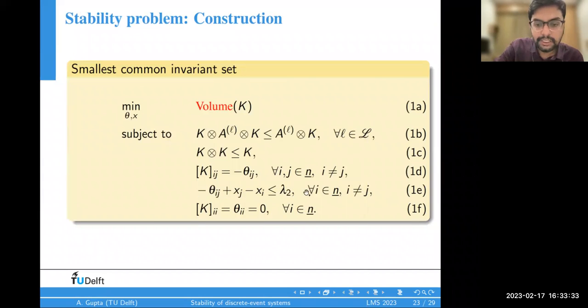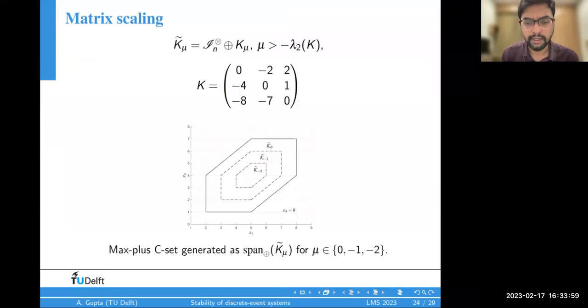So this, you see, is just an equation for deriving the max-plus eigenvalue. I just don't calculate it for i equals j. So I minimize minus lambda 2 actually, and I try to find the smallest possible set, and I can solve it as a mixed integer program. So I can do more things.